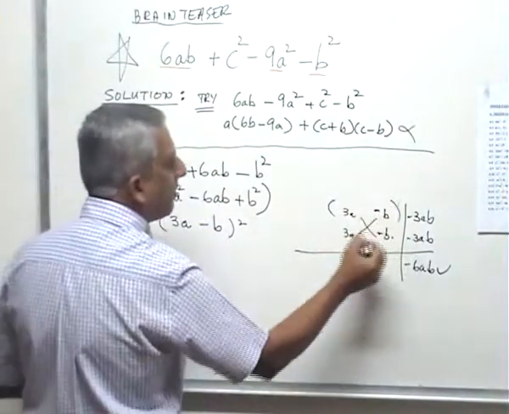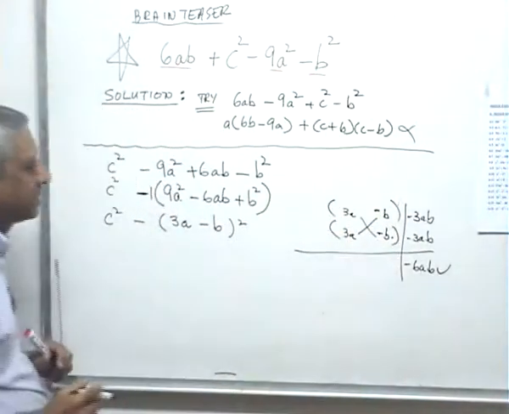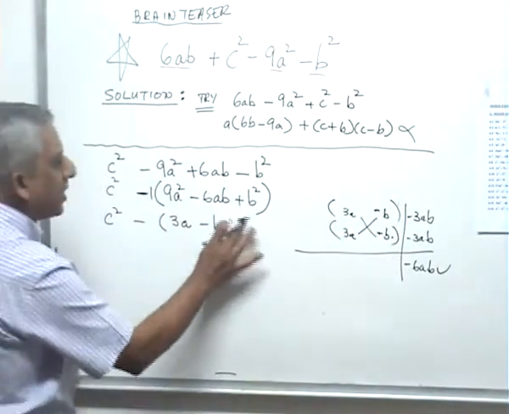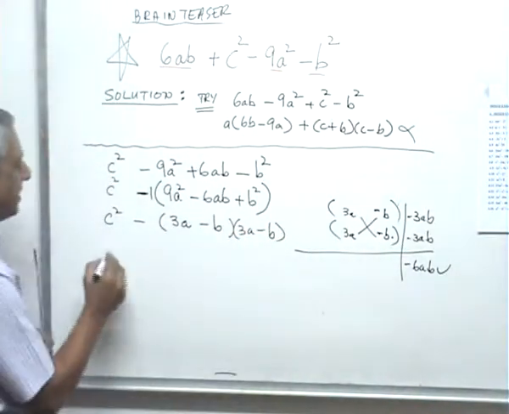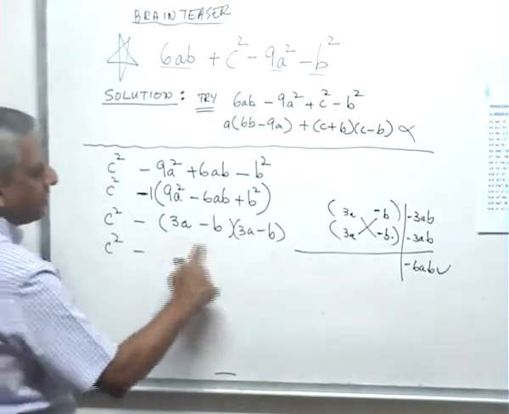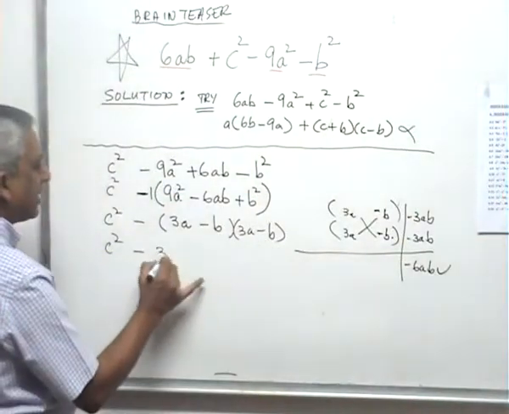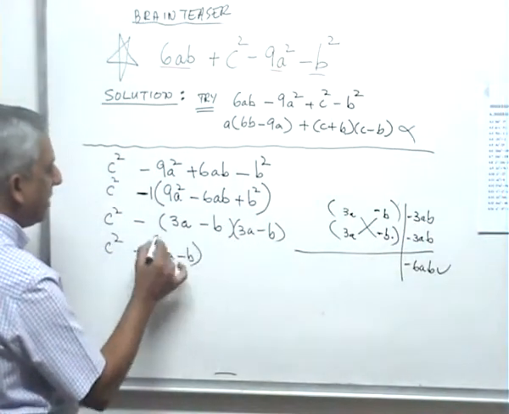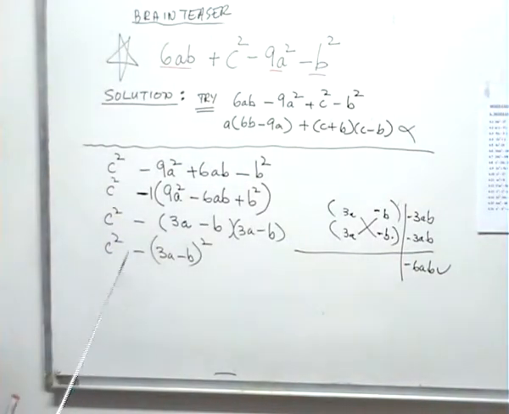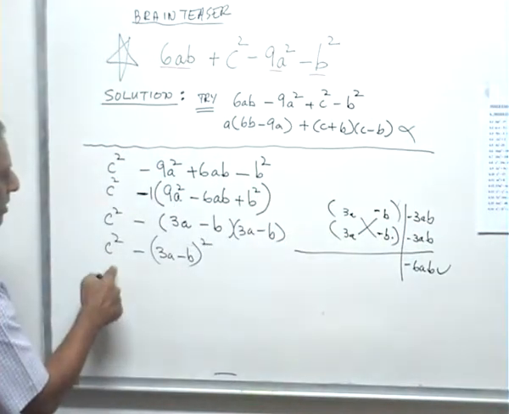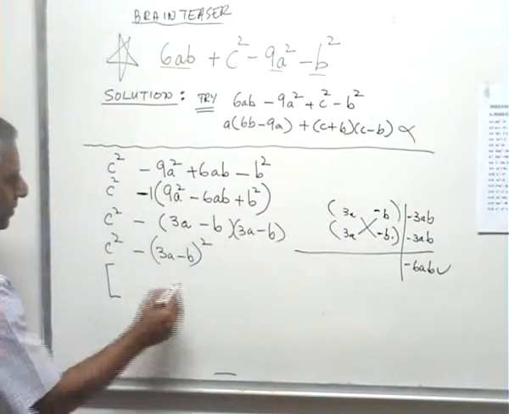So the top 2 goes in one bracket, the bottom 2 goes in one bracket. So if you like, I will write it normally. So I have to write it 2 times, isn't it? Then I realized, look, instead of writing it 2 times, I can write it like this: 3a minus b all squared. And when I did this, I realized that this is a difference of 2 squares. So